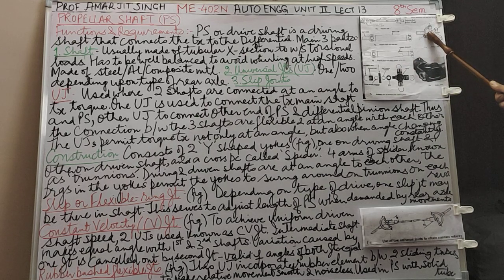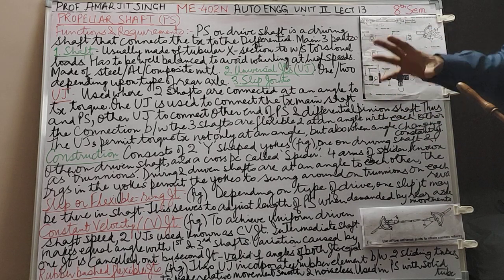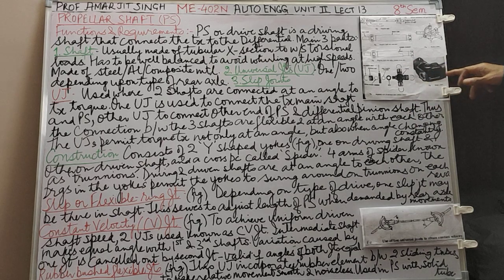These would probably be needle bearings. Retaining ring, bearing clip, inside their needle cup, needle bearings, a flat plastic washer, and a seal comes into this. So this is the trunnion, 4 arms, and needle bearings on each, and this rotates. This is the driving shaft, this is the driven shaft, and the whole assembly rotates. Because of these bearings, you can have an angle